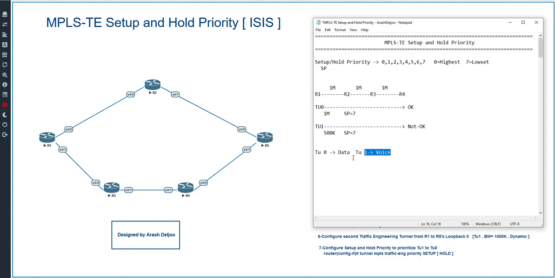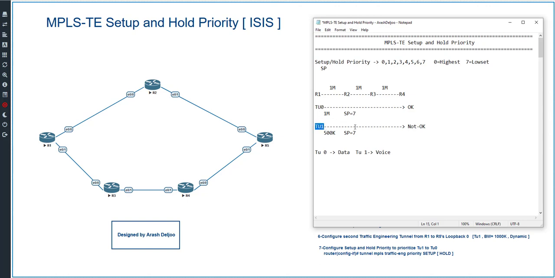understand that the setup priority is the priority that we can use for giving preference to some tunnels over other tunnels. Okay, I will talk about the detail. Assume that we configure both tunnels at one time, tunnel 0 and tunnel 1, and the setup priority of both of them is the same. The result may be that one time tunnel 0 first comes up and tunnel 1 doesn't come up, and another time the